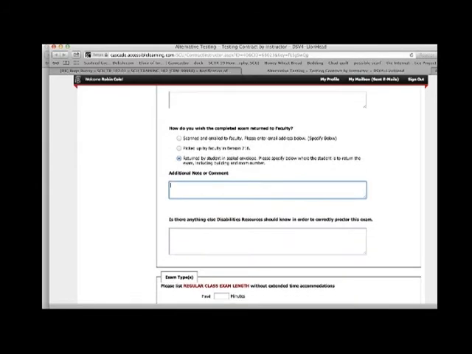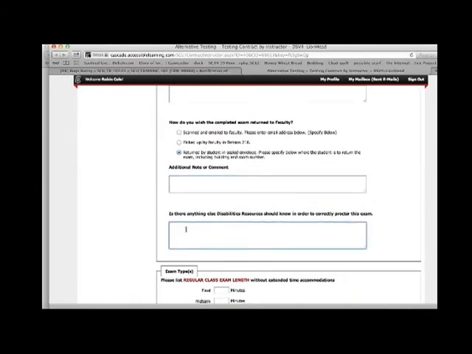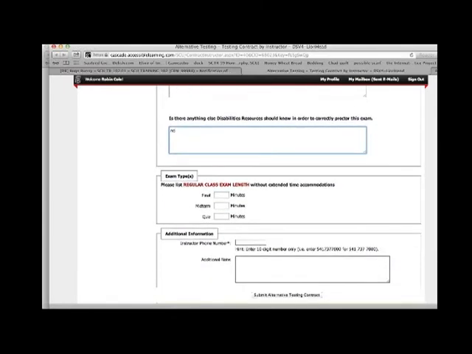Lastly, there's a chance for you to tell us anything else that we might need to know to correctly proctor the exam. This could be something like the student is required to use a blue book, or the exam is in 2 parts and they must complete the first part before they can receive the second part, any kind of information like that. The last few sections give you a place to give us information about the regular class exam